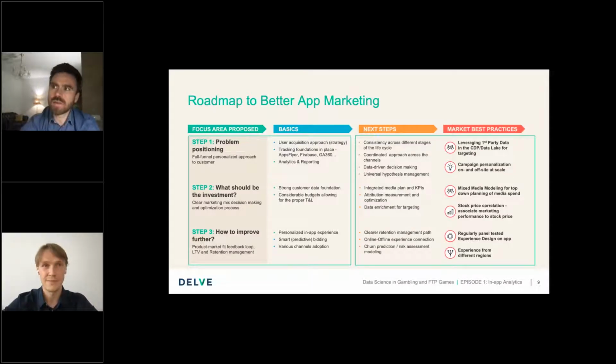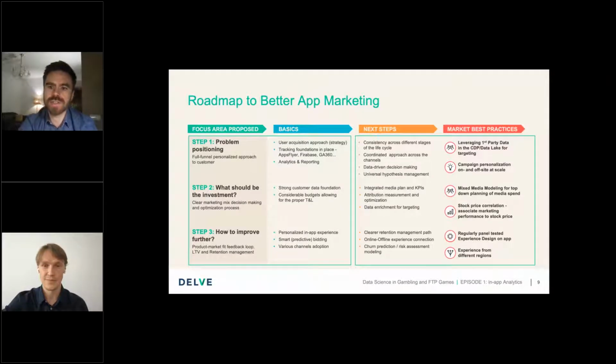For today, we're going to focus mostly on the left side of this chart, so on the basics. In one week's time, we're going to discuss more advanced tactics around customer data platform, mixed media modeling, and something that we call data enrichment tactics. But getting back to today, we're going to discuss the problem positioning, so how to determine the analytics approach.